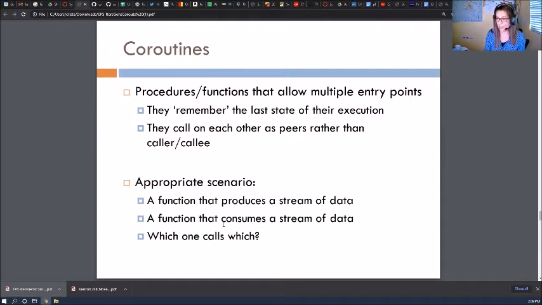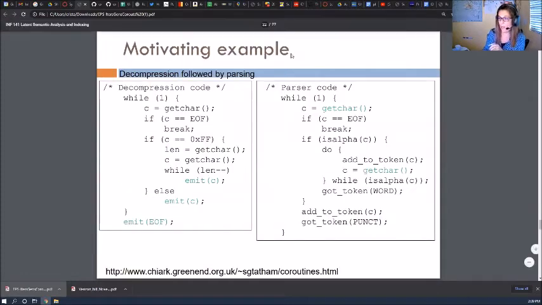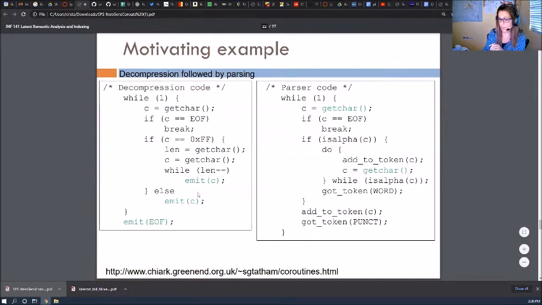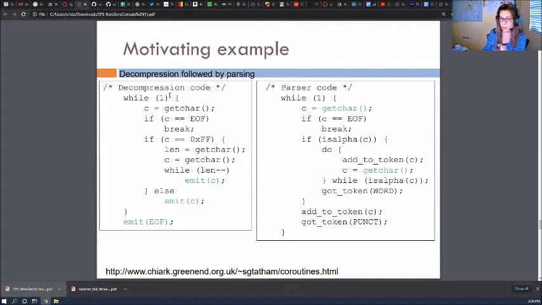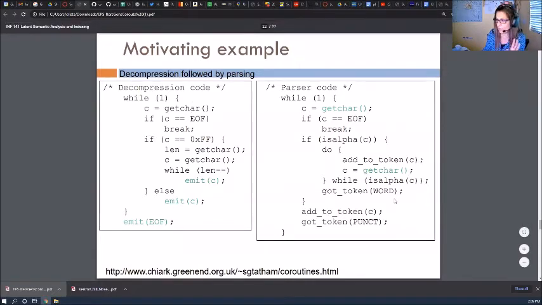Right. So here's an example of a situation where, suppose, for example, that you get a character that is compressed in some way, and you decompress the representation, and then you parse and get what kind of character that is, or you get many characters and then you emit a word of some sort.